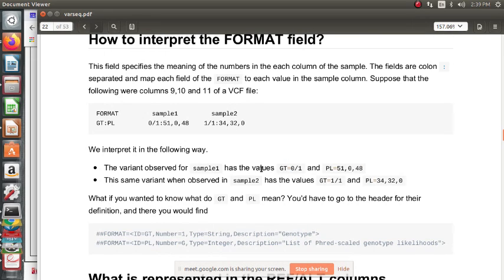For sample 1, GT takes the value 0/1 and PL is equal to 51,0,48. The same variant when observed in sample 2 has the values GT equal to 1/1 and PL equal to 34,32,0. So the genomic position is the same, but the GT and PL values depend on the samples aligned at that position, based on how the reads align.